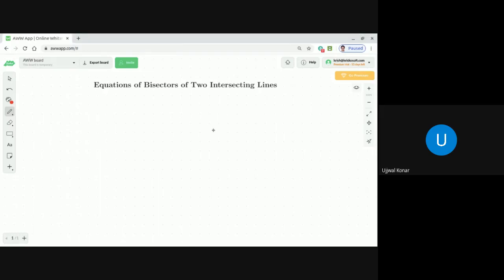Let us consider two straight lines. One straight line I'm drawing in green color. This is one straight line, and let us name it L. And another straight line, let us draw in blue color, something like this. This is another straight line, which we define as L dash. Now these two straight lines have their own equations. So let us assume the equation of the straight line L